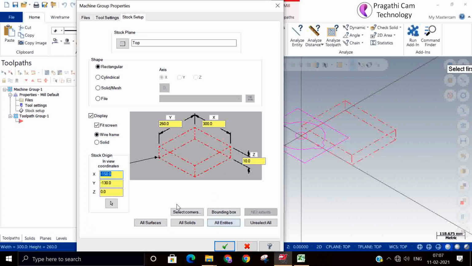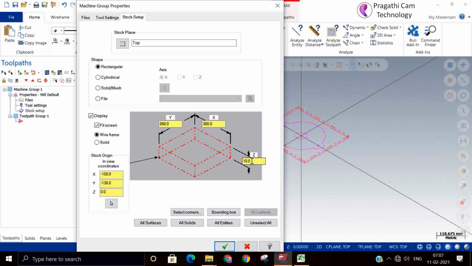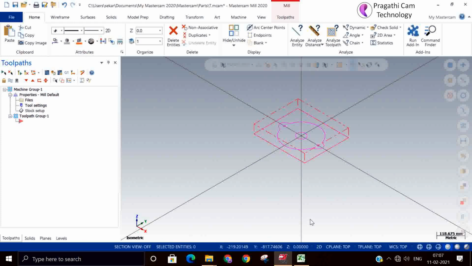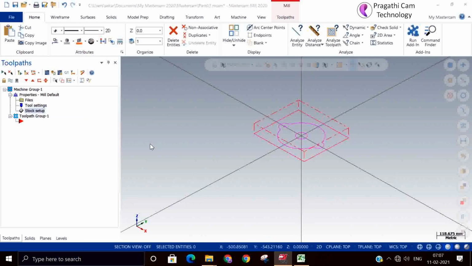Now if I make the bottom the 0, you can see automatically XY has come to 50-50. Thickness I have not given less, okay, you can modify it. You can move the 0 point also here. Now you can see it has come up above.